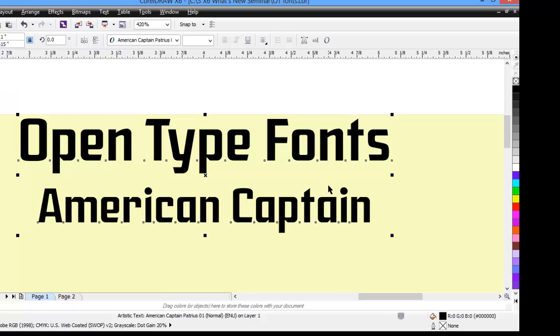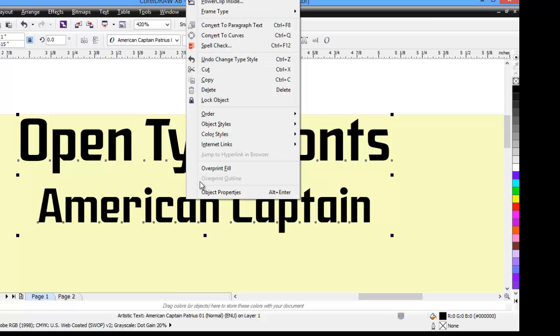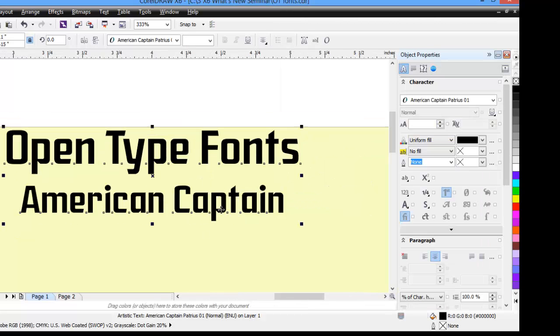that we can access the OpenType properties. I'm going to right-click on a text box and tell it I'd like to see the object properties, which brings up the Object Properties Docker, an incredible new tool. Actually, there's not that much new here except the OpenType capability. But finally, CorelDRAW has put it all back in one Docker, so absolutely everything we could want to change about text is all in this one part. But whether or not this is checked,